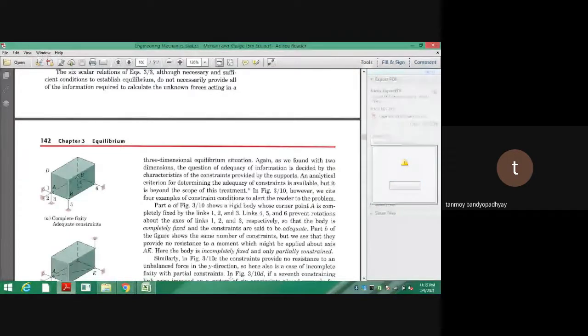So that's an indeterminate problem where we have to take other things into consideration, like thermal effect, stresses, strains inside the body. We have to move for the deformations of the body. Here we are assuming the body is not at all deformed. But when it becomes a statically indeterminate system, we have to go for deformations in the body, either extension, contraction, and equate these to determine the remaining unknowns.